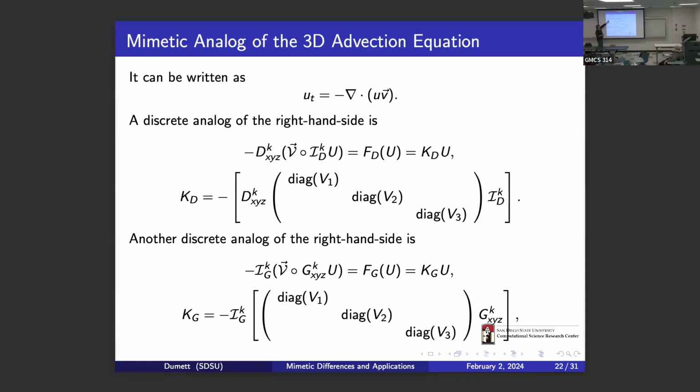And so when you have the divergence in 3D, the advection in 3D, you have an equation like this. And when you actually discretize, so you apply these techniques, if you discretize this in space, just the part in space, you will have that this is KD times U, where K is this matrix. Or if you use, instead of the divergence, the gradient, you will have this sort of matrix with the gradient over here, and there is an interpolation here. There is another interpolation there. Okay, any of them, it's essentially a matrix K times U.